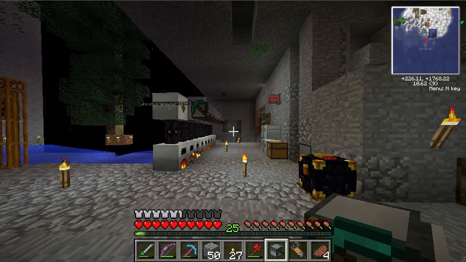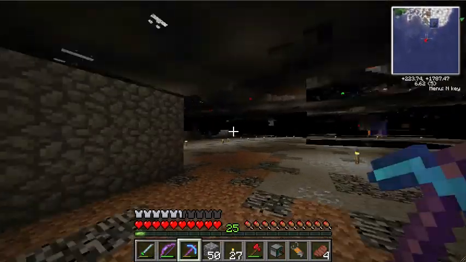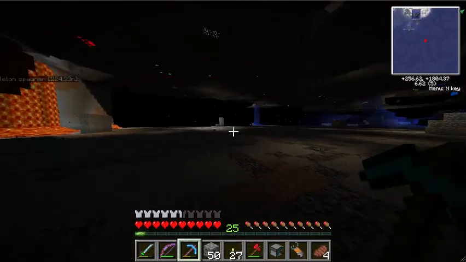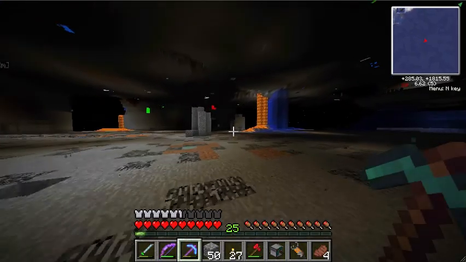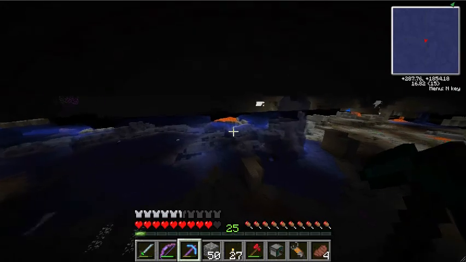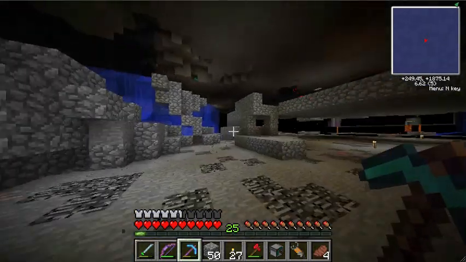Now, just to give you an idea of how productive turtles can be, this is how I got all that loot back there. It all came from here. This is around diamond level, and this entire area was excavated by turtles. They kind of leave a mess behind,